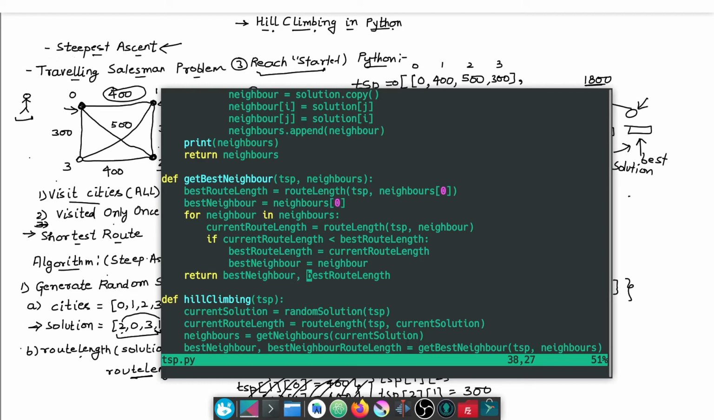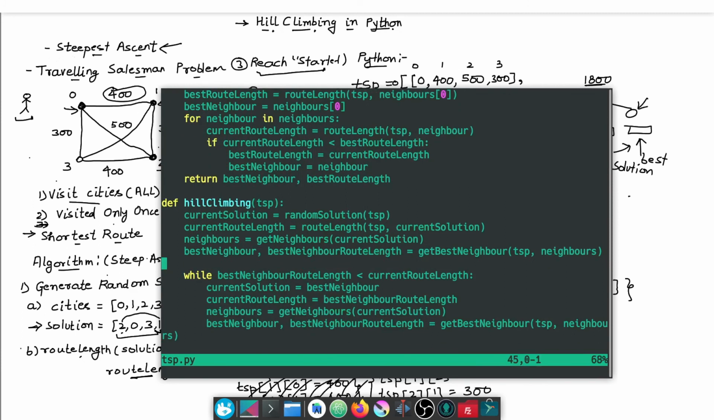So this function was simple, that's why I am not going to waste time writing it. You can see this, it's very simple. Just by comparison and running a for loop, we can find out the best neighbor and the best route length. Now you can see that this function, get best neighbor, will return the best neighbor and the best neighbor route length. Now we have ended with the first three crucial steps, and the fourth step is to find the best